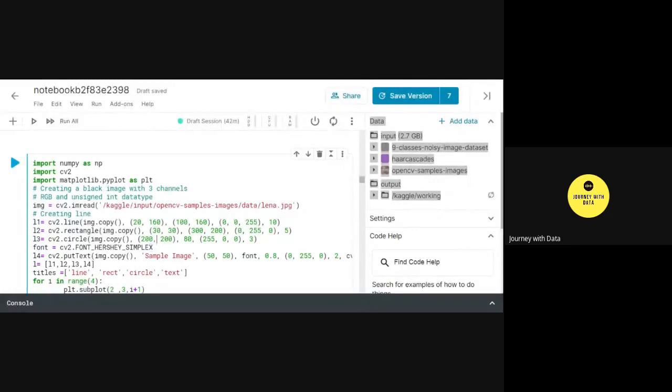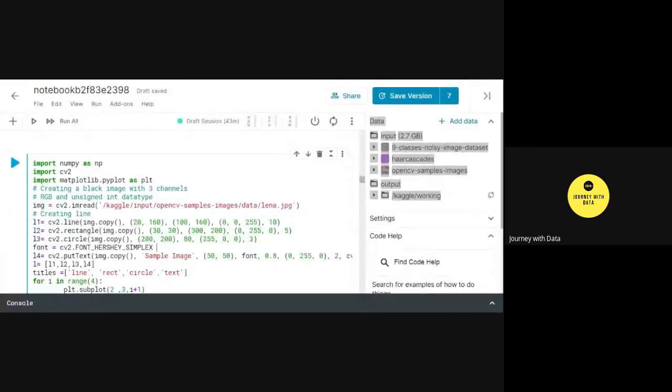Now, to create a rectangle, I have again done the same thing: cv2.rectangle, taken a copy of the image, the starting coordinates, color, and then the thickness. And for circle, we'll use the copy, cv2.circle, and then the coordinates. In circle, this is the thickness, this is the radius, the color, and so on. Now, to write a text, we'll utilize cv2.putText. Notice I am storing all these outputs in different variables, L1, L2, L3, L4.